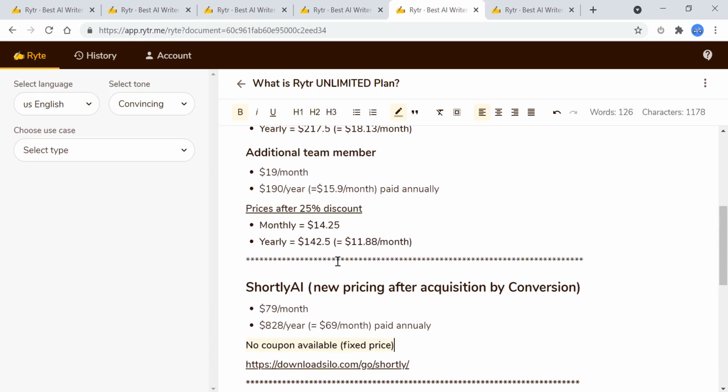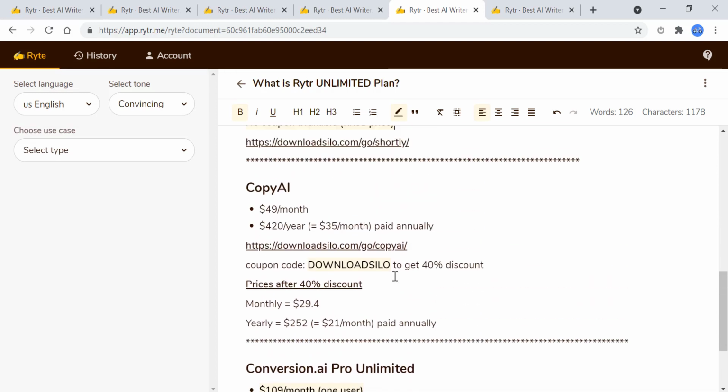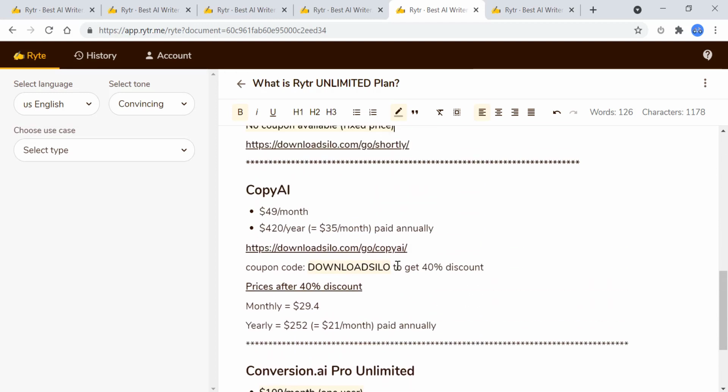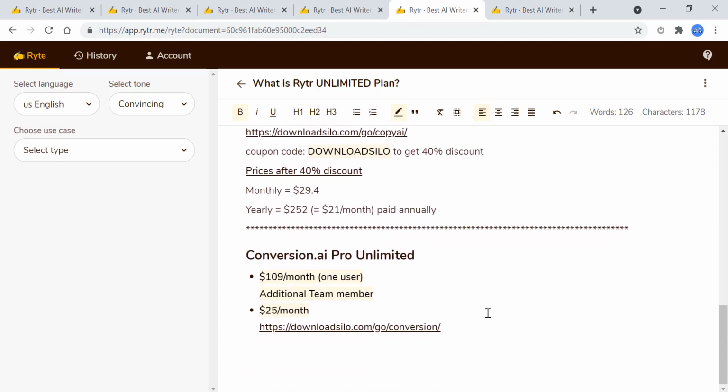Slightly more expensive than Rytr, but of course, Copy AI is a very established AI writer in the market. They are, I think, one of the first to the market. And our big brothers, or so-called big boss, Conversion AI Pro Unlimited, are the leading AI writer in the market. And because they have a lot of users, and also